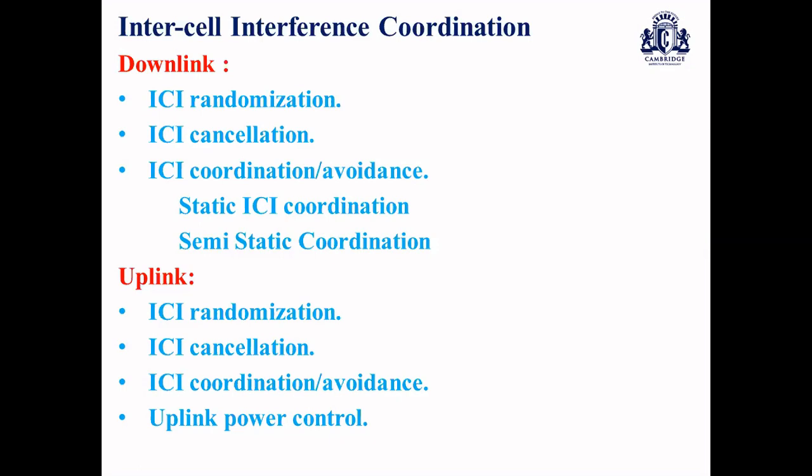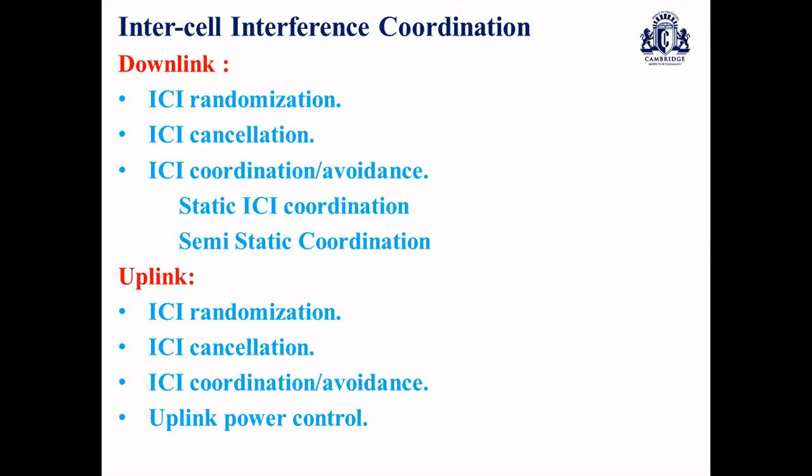ICI cancellation can also be done in the spatial domain, by having a separation by means of execution. Linear spatial interference cancellation with statistical knowledge of interference channels is one option to mitigate the interference. In ICI coordination, we have two means of execution, which is usually achieved by applying restrictions in resource management between the neighboring cells. When we share resource management between neighboring cells, how the restrictions are applied can be static or semi-static, with different inter-eNodeB communication requirements.